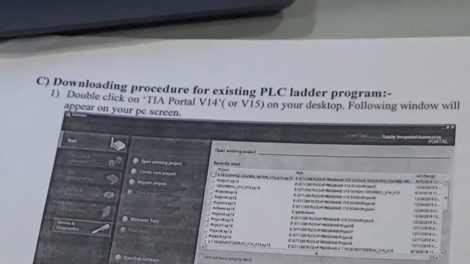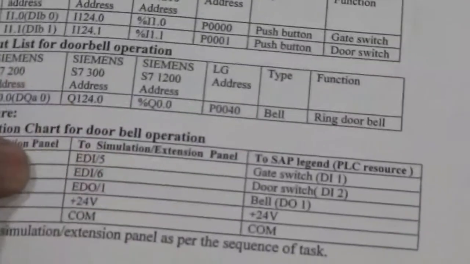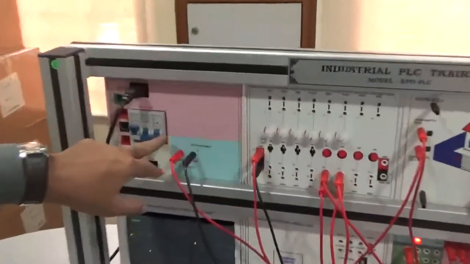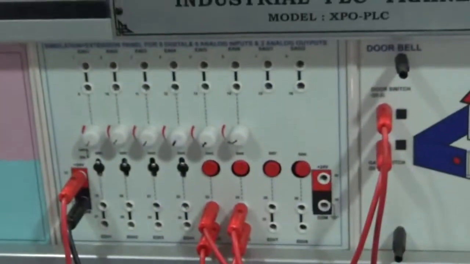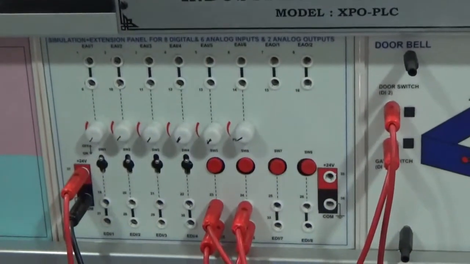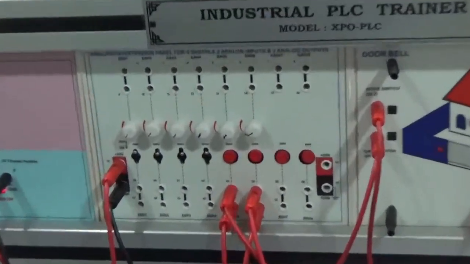First of all, connect the wiring sequence as per the manual in the SW. This is the first panel, the power supply panel. Another is the simulation extension panel for 8 digital and 6 analog inputs and 2 analog outputs.